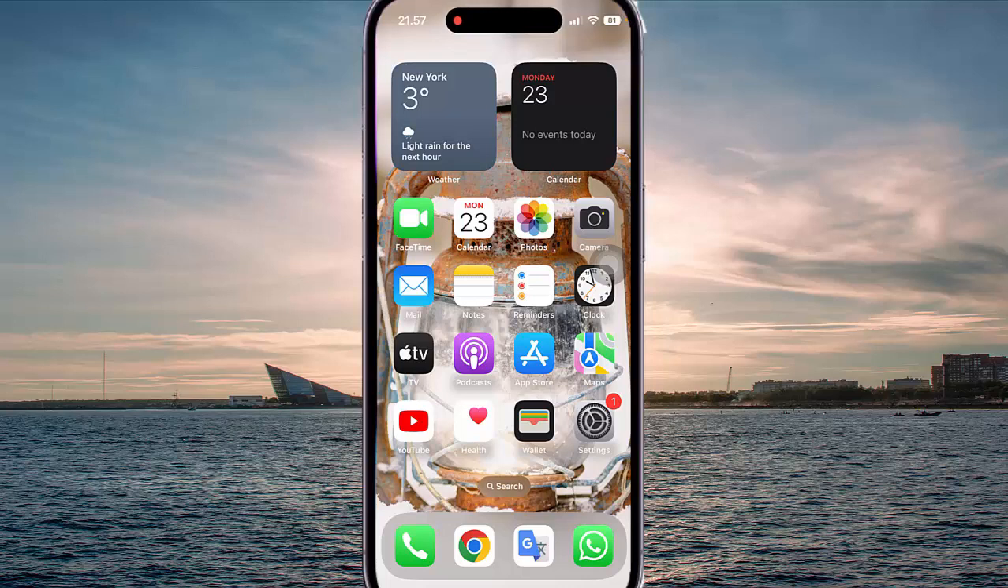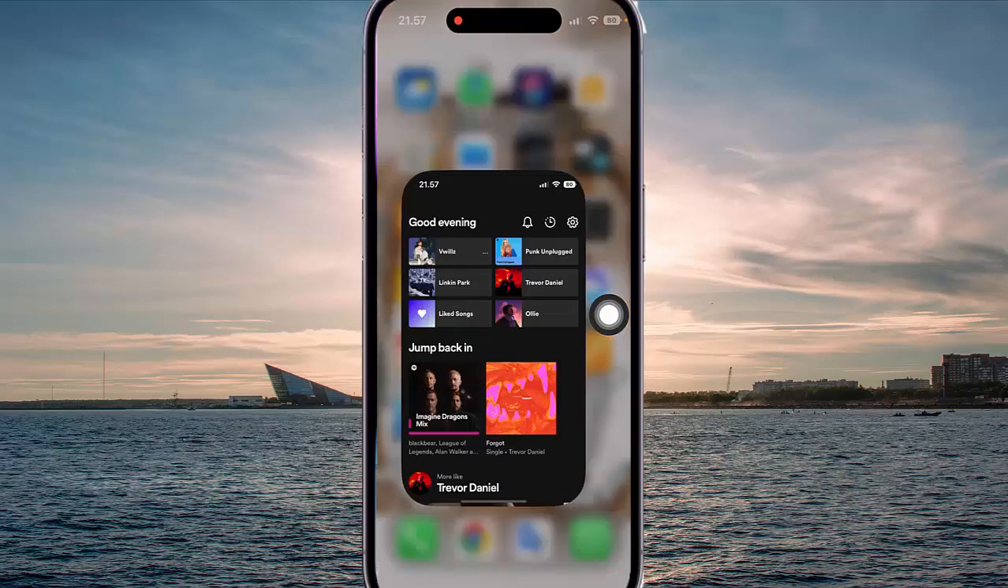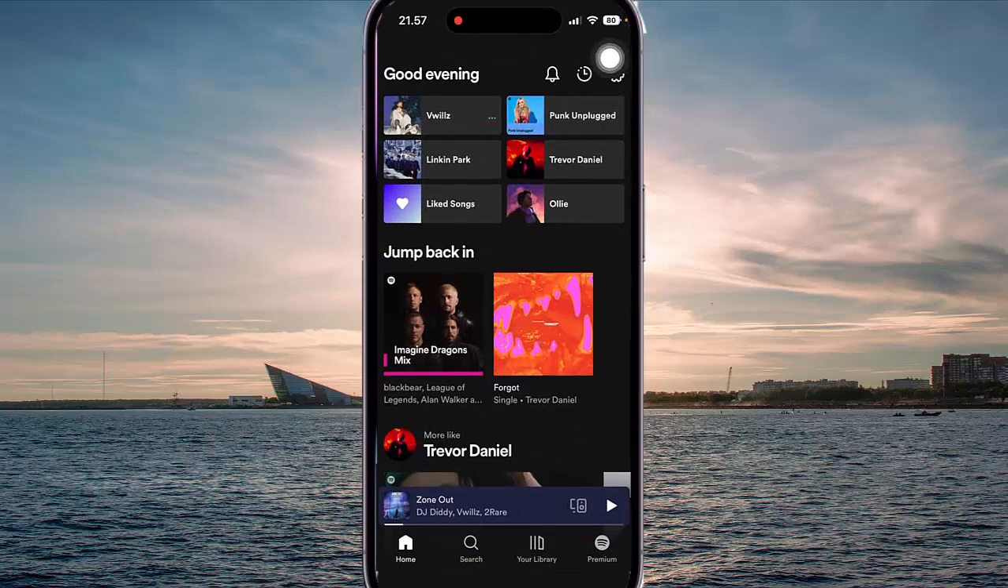To turn on or turn off Spotify experience made for you push notifications on iPhone 14 Pro, open Spotify settings. Find Spotify on the home screen, and then tap Spotify. Next, tap the settings icon,